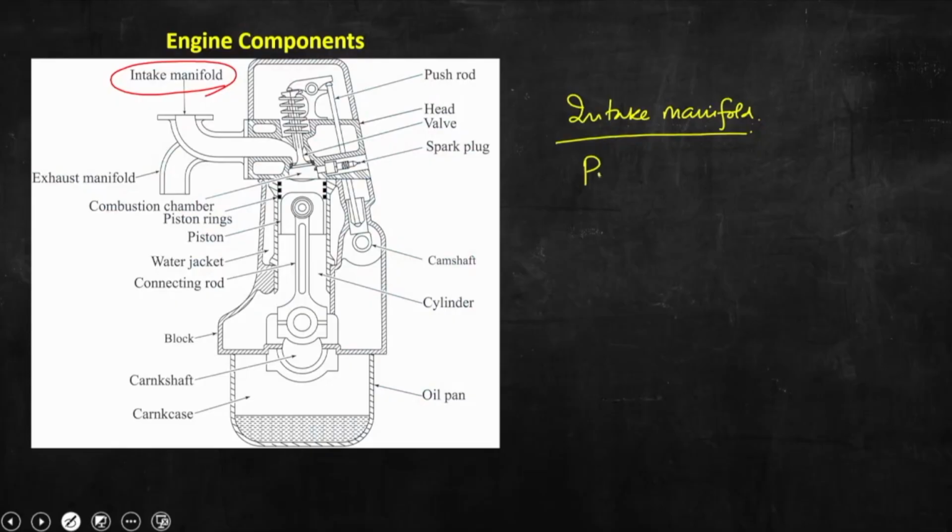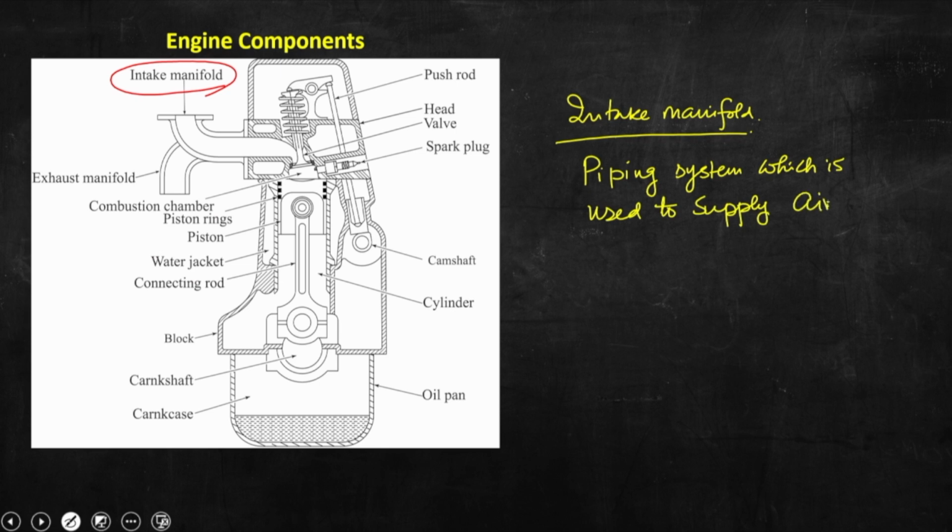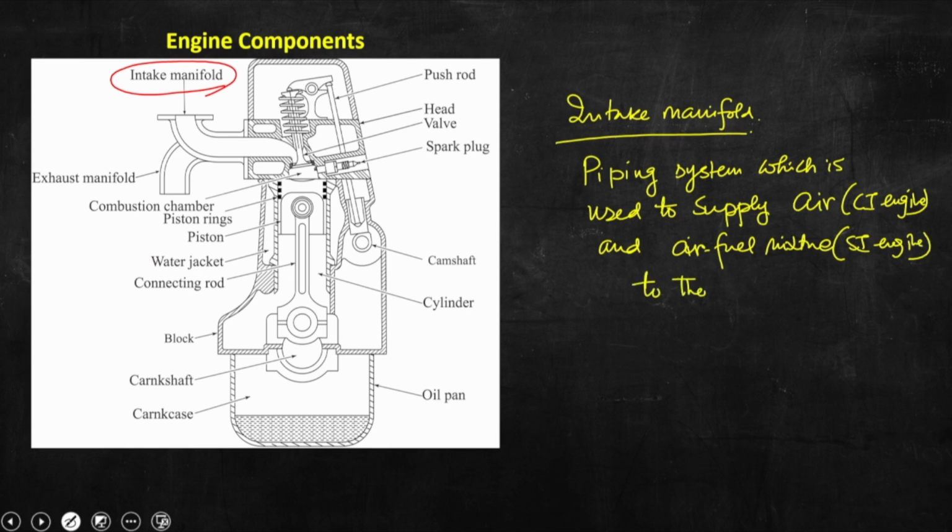So, a piping system which is used to supply air for the CI engine and air-fuel mixture for the SI engine to the engine cylinder,